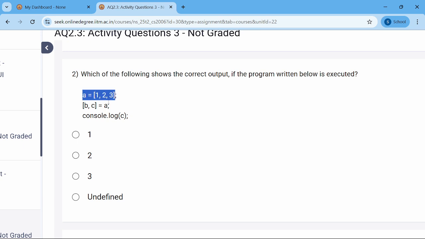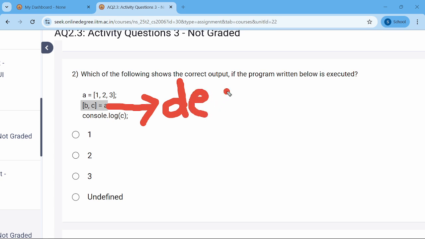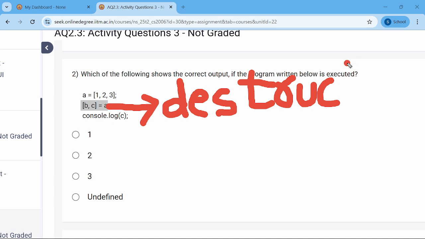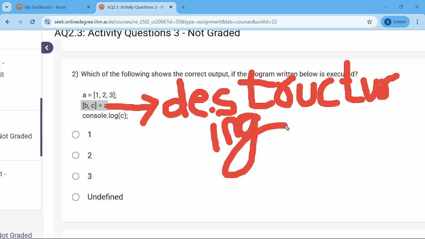Okay. Which of the following shows the correct output if the program written below is executed? We have an array and another array with A. This is destructuring, classic case of destructuring. Okay, I'll write it in its entirety. Okay, and since it's destructuring and we're finding the value of C,